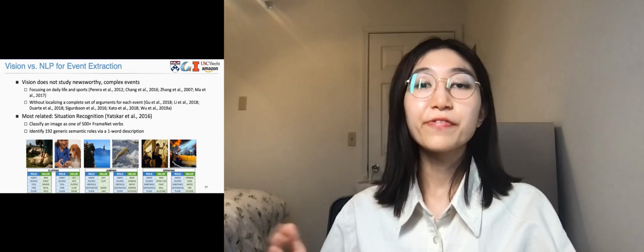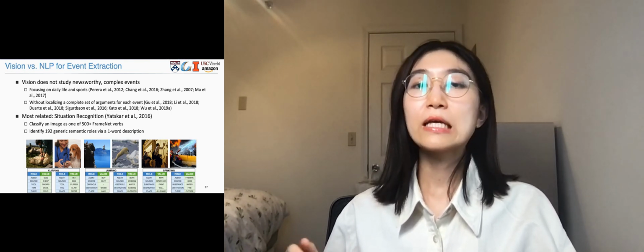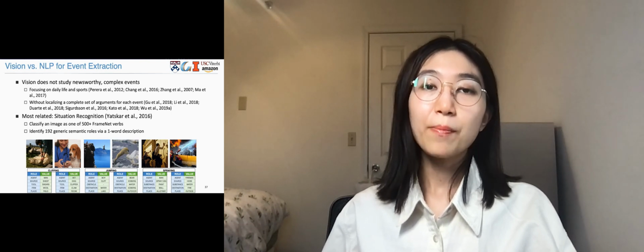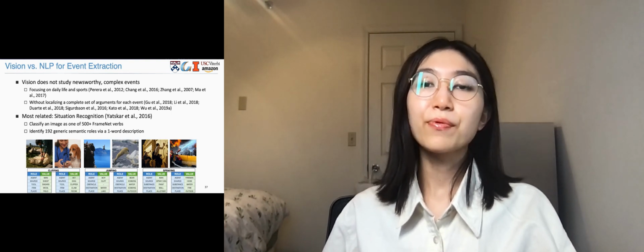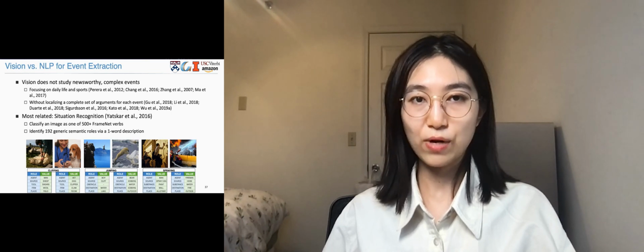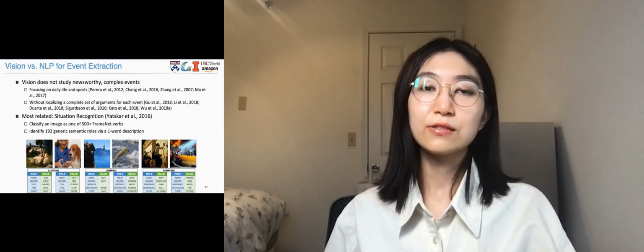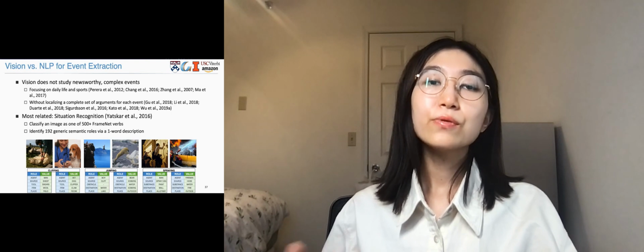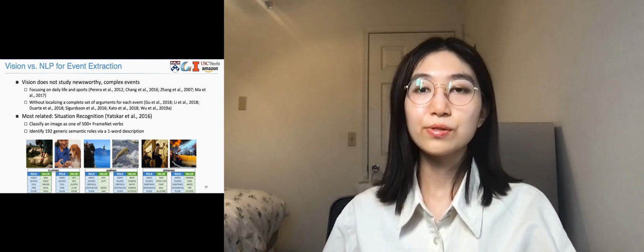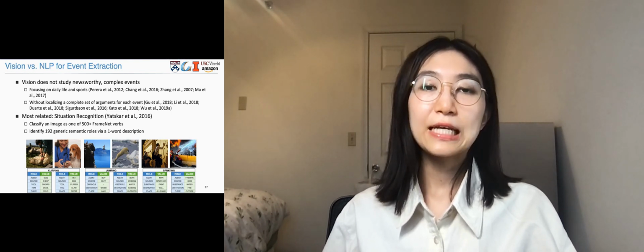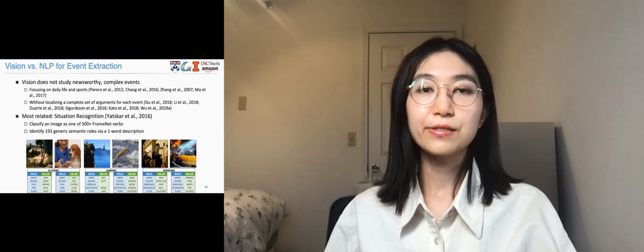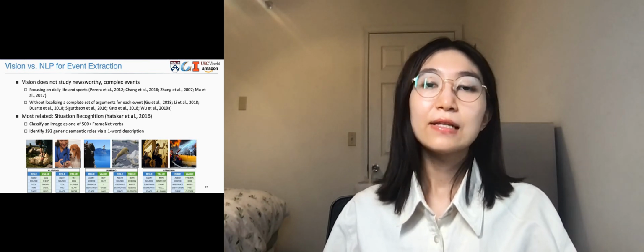There is some work in the computer vision community to extract events, but from a different angle. They focus on physical events in daily life scenarios, like jumping, clapping, this kind of simple activity. So it has a gap with the complex events in traditional text event extraction, which extracts complicated events like transportation, protest, and so on. But the good news is that some work offers resources similar to event argument extraction. For example, in situation recognition, one image is classified to a verb, and it populates a table with nouns as arguments. But different from our task, it does not localize arguments in